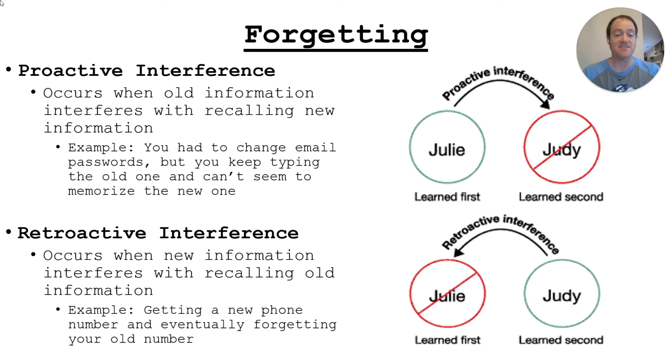Now, an example of this, and I think this used to be more relevant than it is now, because everybody keeps the same phone number forever now. But if you were to get a new phone number or a new phone, it might take you a while to memorize that new number. But then a couple of years down the line, if someone says, "Oh, what was your old phone number again?" you may have forgotten it. Maybe not. I don't know. But I'll give you an example.